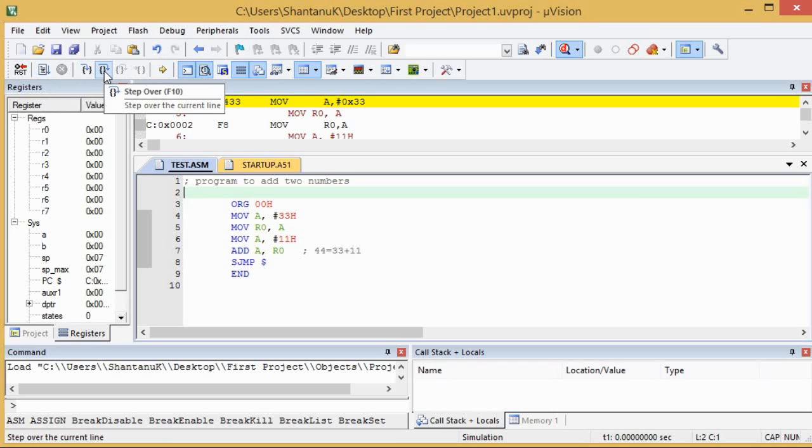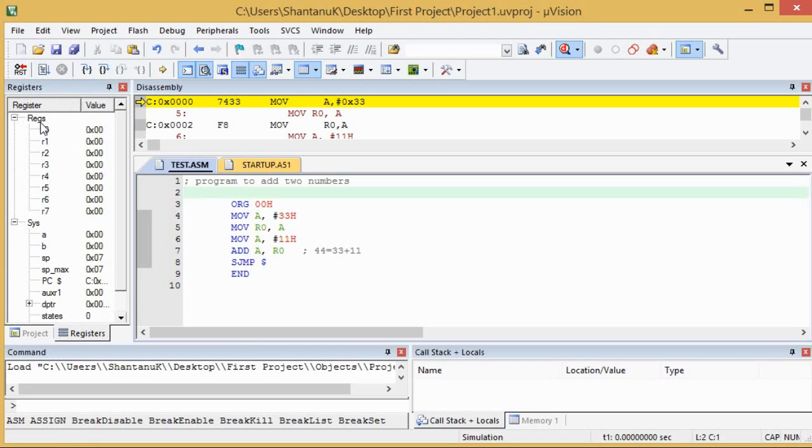Here we will see how the program is getting executed line by line. For that purpose we will require this button, that is step one line. Now if you want to reset, you can reset the program at this location, at your left.